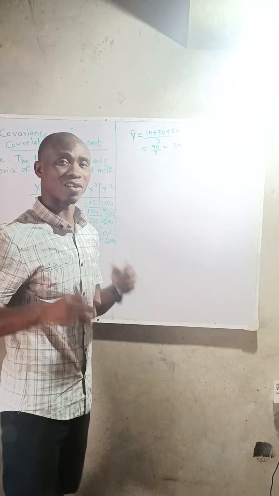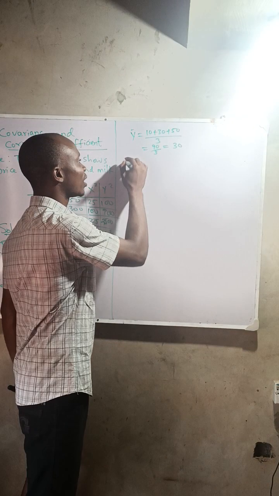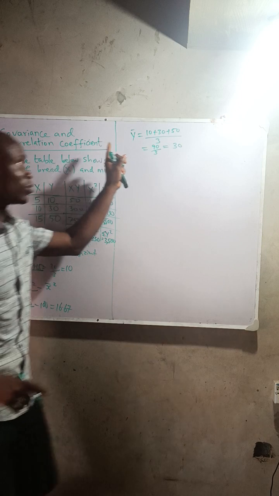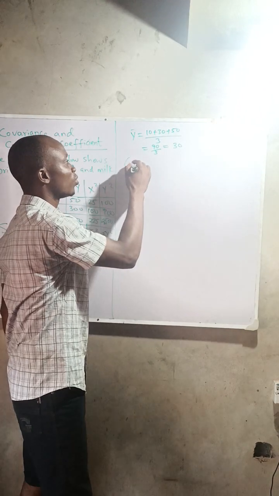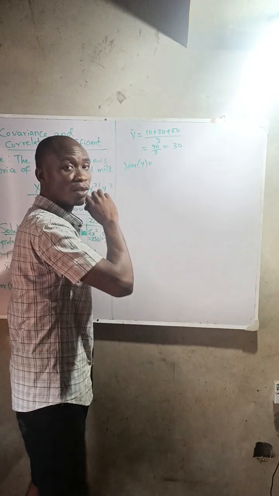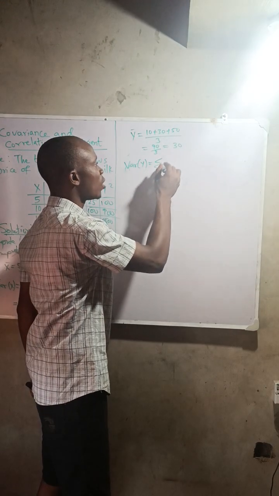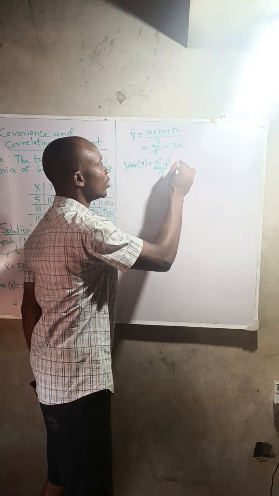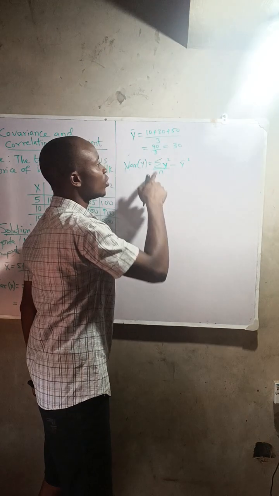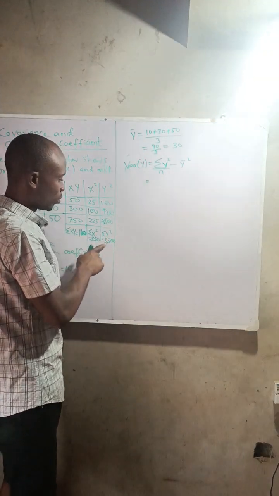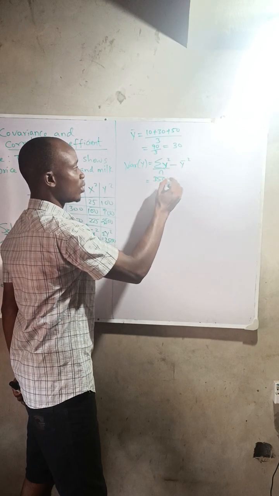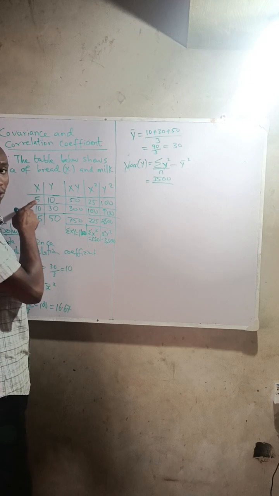So similarly, we are going to be calculating the variance of y. Here we calculated the mean of x and the variance of x. So we also need to calculate the mean of y and the variance of y. The formula for the variance of y is summation of y squared all over n minus y bar squared. So the summation of y squared, we calculated here, is 3,500 all over the number of data points, observation 1, 2, 3,